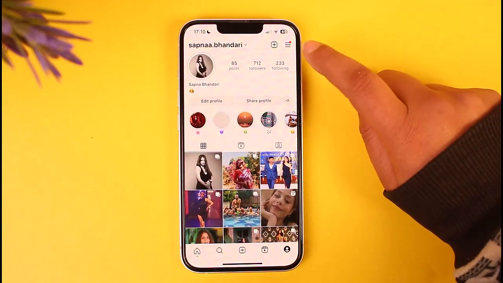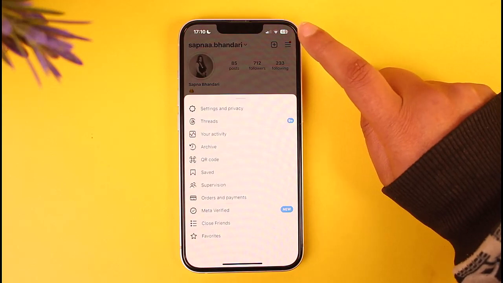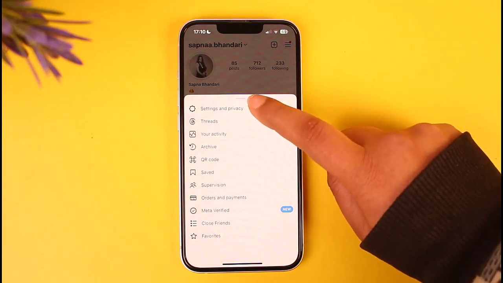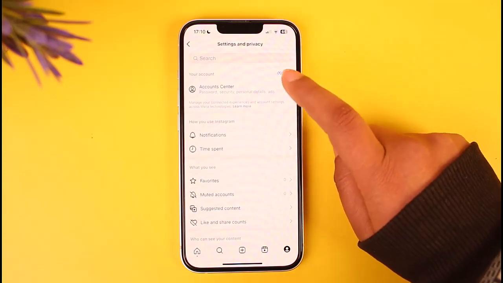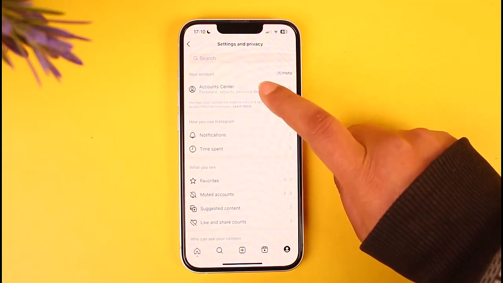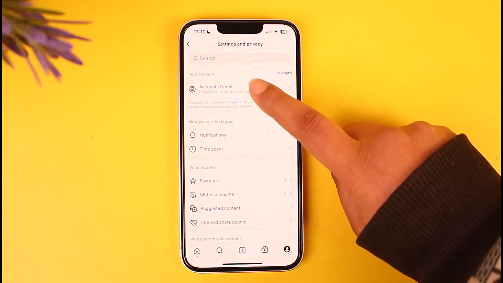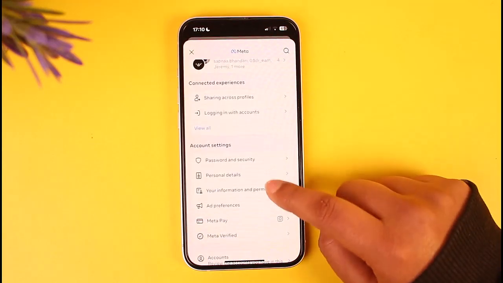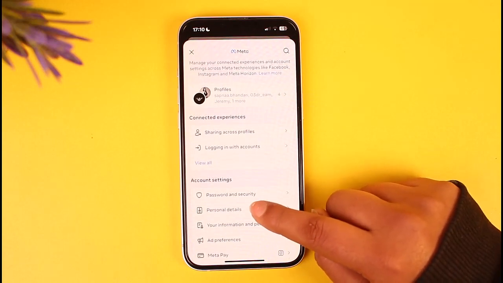Afterwards, tap on these three horizontal lines on top and tap on the option of Settings and privacy. Now the first option here is your Accounts section. You will find Accounts Center. Tap on it. Now over here, all you have to do is tap on this Personal details option